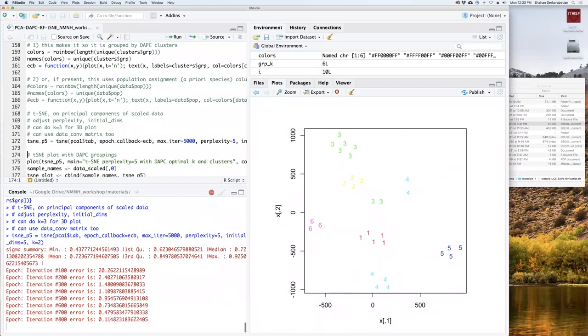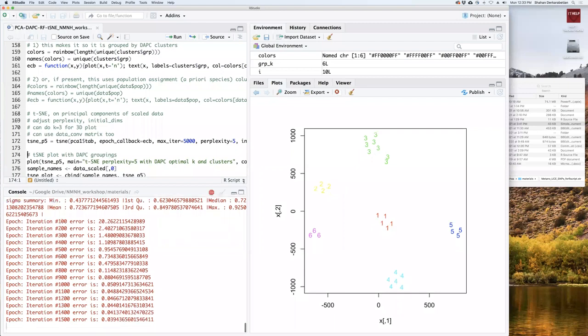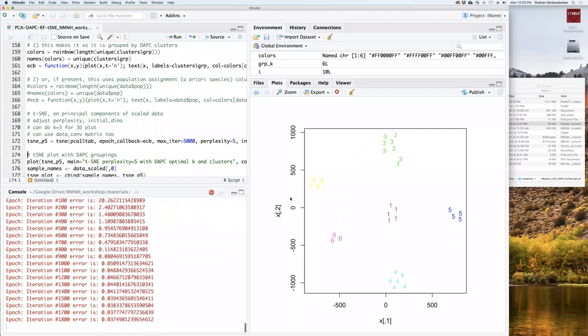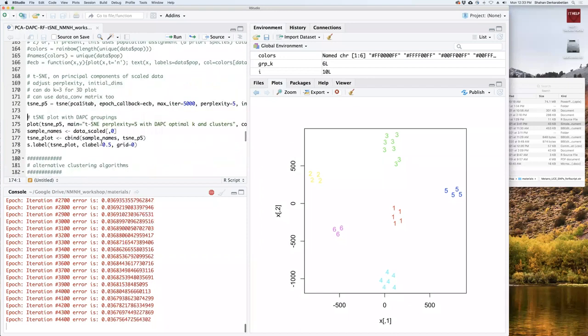The samples are moving around. It's calculating the similarity and comparing, and it's moving samples around into this lower dimensional space. After what, 2,000 generations, it doesn't really change that much. For those of you who can't see yellow very well, there is a cluster here. But we see our 6 clusters in this space very easily.